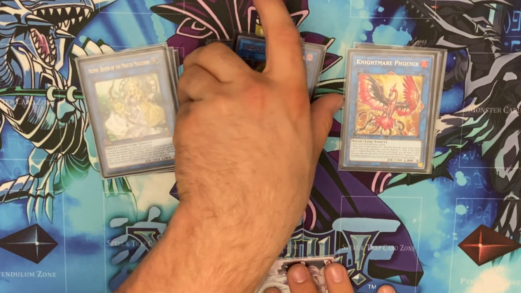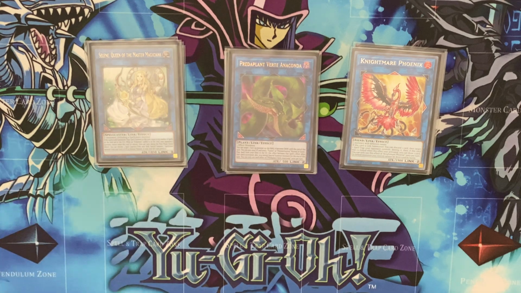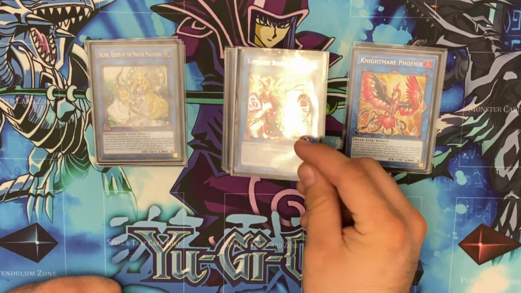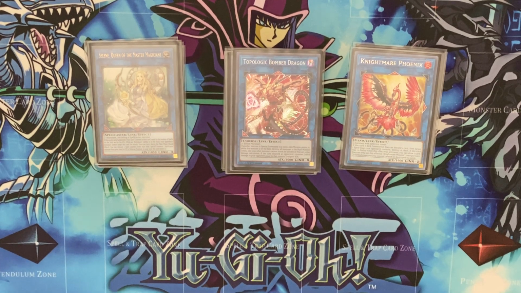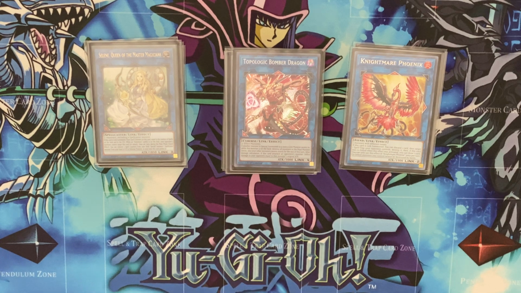But it's got to be in defense because that's the way Selene works. So you can just bring that out and make that. But we use Selene to climb up into our Topologic Bomber Dragon. It requires 2 or more effect monsters, so you got to add up to 4 because it's a Link 4. The effect of Topologic states that if another monster is Special Summoned to a zone a Link monster points to, not just him, any other Link monster,